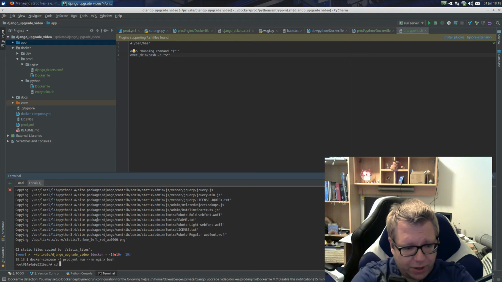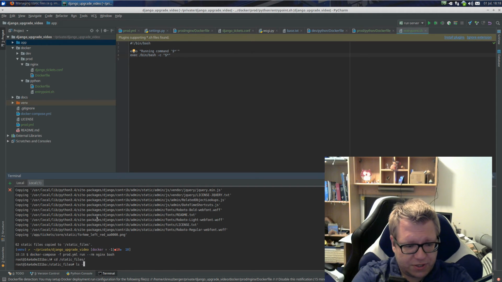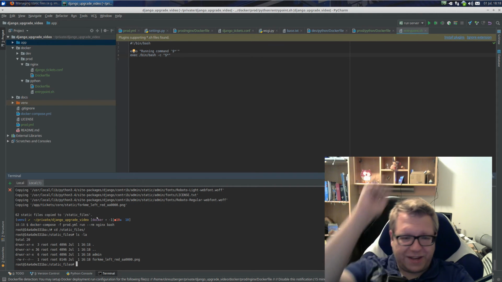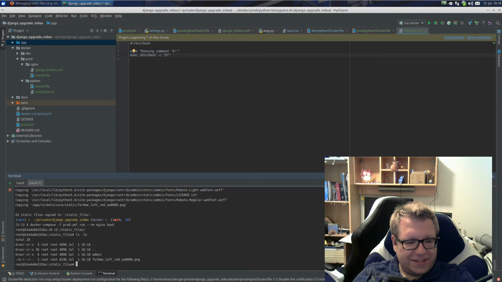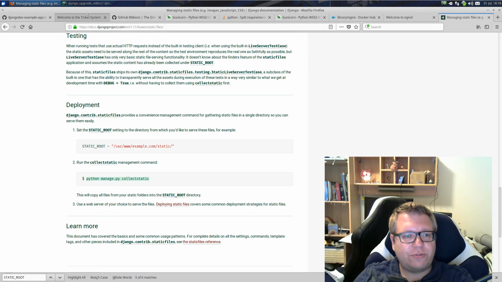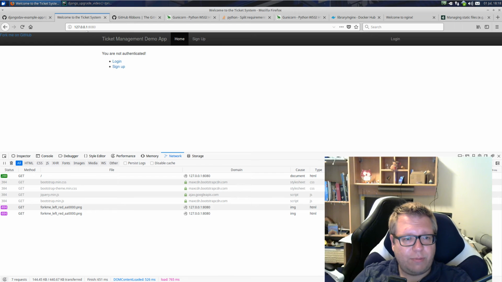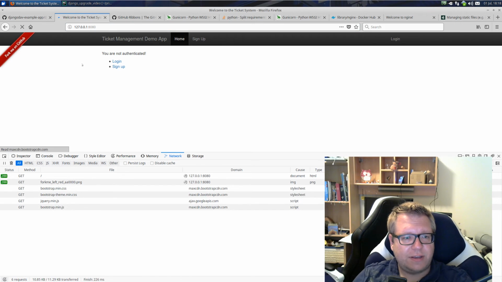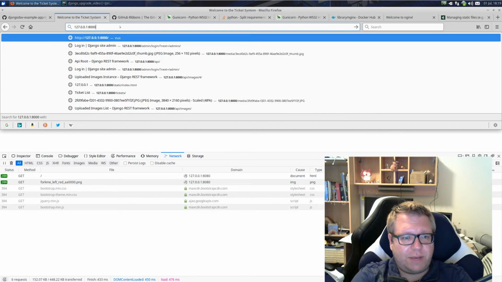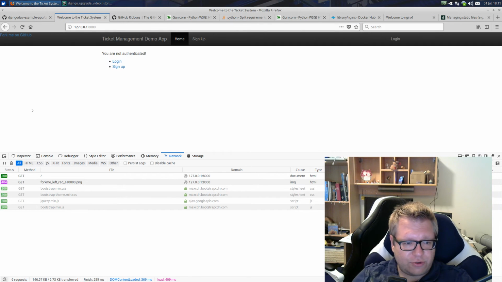There we go, and we're gonna go into static files. Then we should see, oh yeah, we're seeing static files. Okay, this is in the nginx container. So moment of truth, ticket app, port 8080 via nginx, and we have our fork me on GitHub icon. Great. Just to double check, port 8000 Django gunicorn server, no fork me on GitHub icon image, because this one